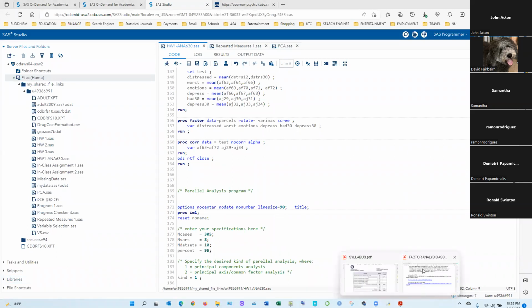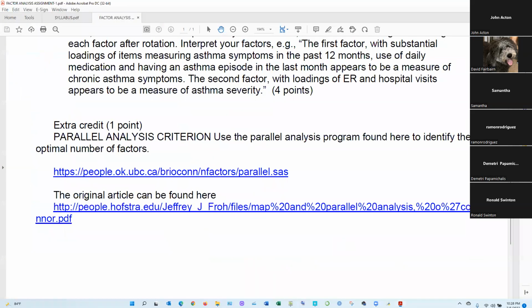If you want to discuss the parallel analysis criteria, used to identify the optimal number of factors, in that program the 0.95 has already been given. Just stick to that one. That means that when